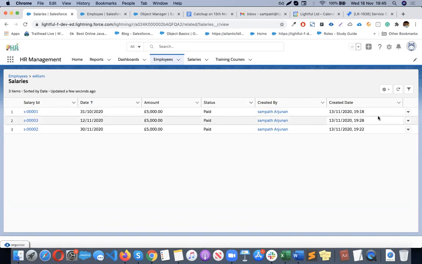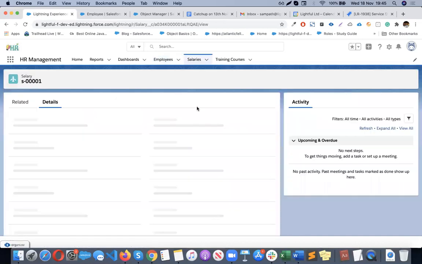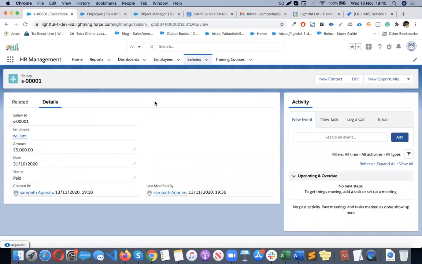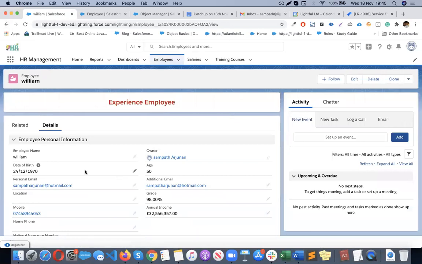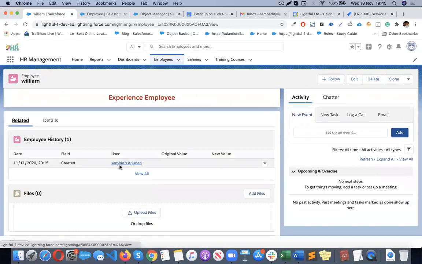You can have a maximum of 10 columns over here, not more than that. Maybe you may have 300 or 400 fields, but in a related list you can add a maximum of 10 fields to view it here. If you want to see all the details, then simply click on it. It will take you to the layout, and there you can see the full details. Okay, so like that you can customize the related list fields.